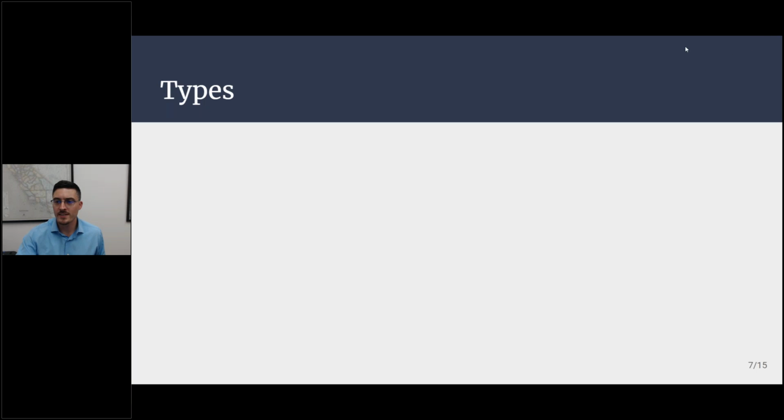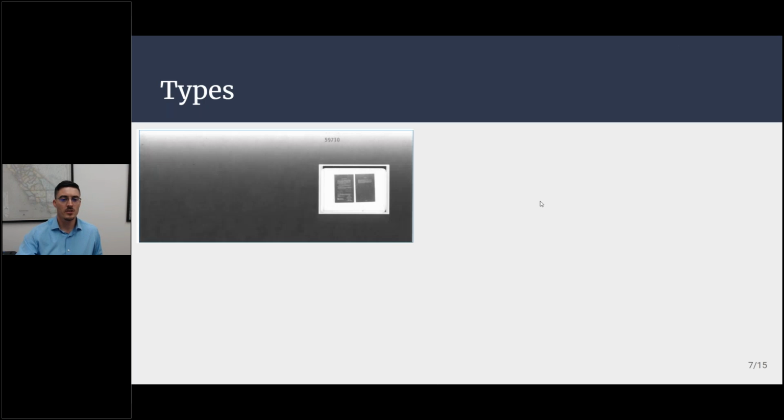So the various types of Aperture cards, we'll start with this one. This is what we call a standard Aperture card, and the reason we call it a standard Aperture card is because it's a 35mm frame and it's just a plain card. What that means is you just have one frame, one Aperture with the image inside of it, and there's nothing else on the card besides maybe the title block, maybe some writing, maybe nothing at all,